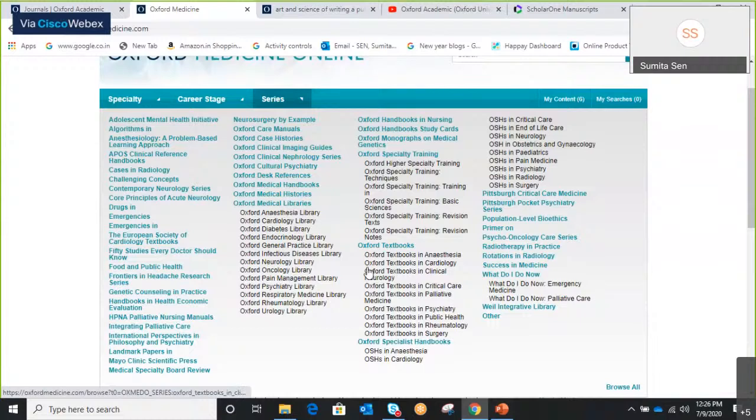I went to a doctor once last year, my general physician, and I told him, you know what, I have X problem. So he said, how do you know? I said, I'm telling you, I have this. So he said, so you seem to have studied Google very well. I said, no, Oxford Medicine. So he came out with a few books. He said, are these there? I said, yes. So he said, okay, so this is how you educate yourself. Here you are. You've got lots of information, lots of books here.